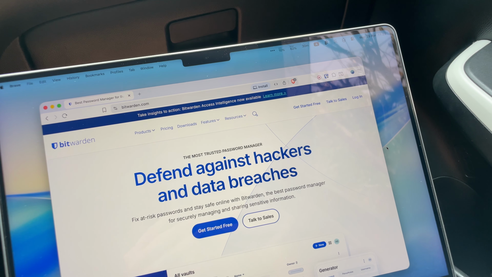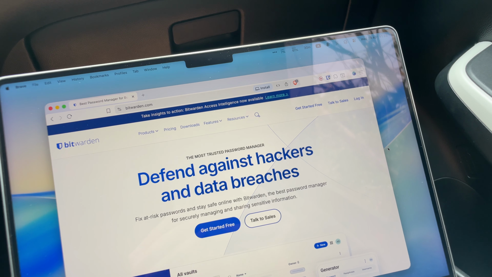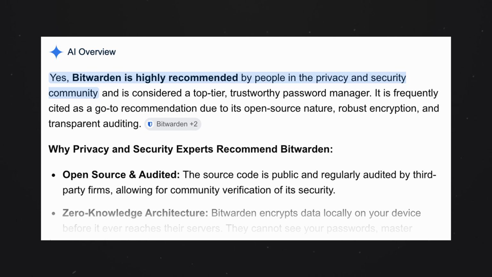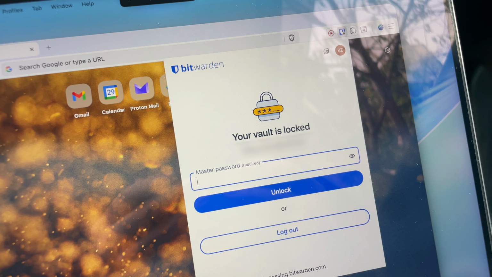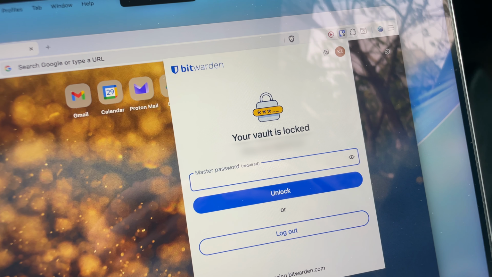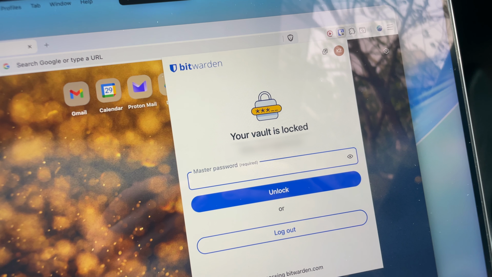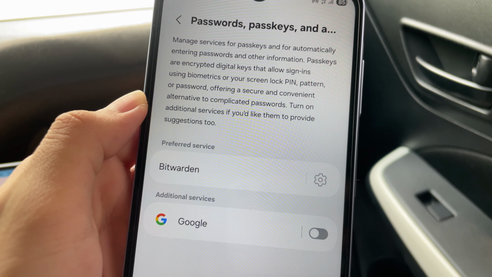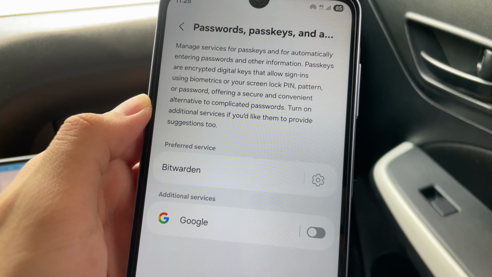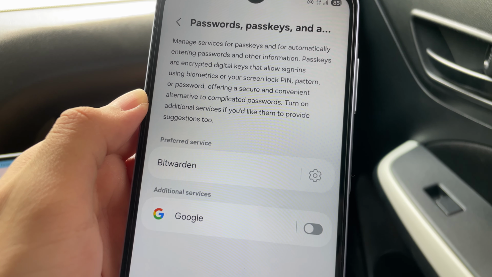For passwords, I use Bitwarden, as many people in the privacy and security community recommend it, and the company itself is known for doing business in the best interest of user privacy. All of my passwords are synced safely and securely using end-to-end encryption across all platforms. Browser extensions are even available for Chromium and Firefox browsers that support autofill. On Android, you can set the autofill to Bitwarden, which makes it so that it suggests Bitwarden when the system detects a password and username field.